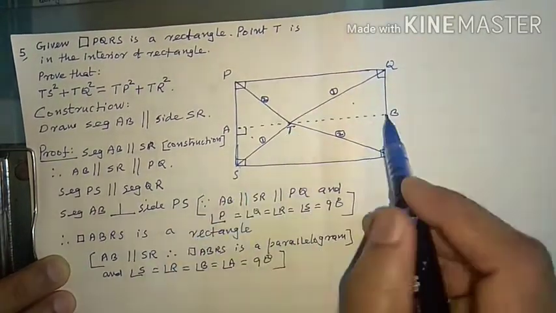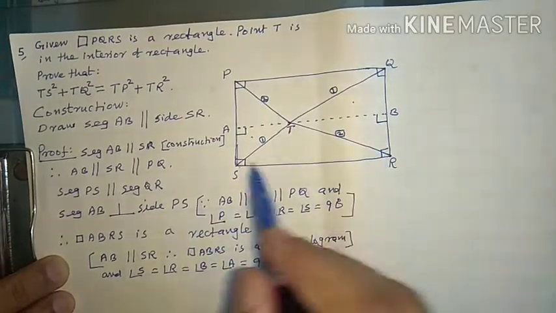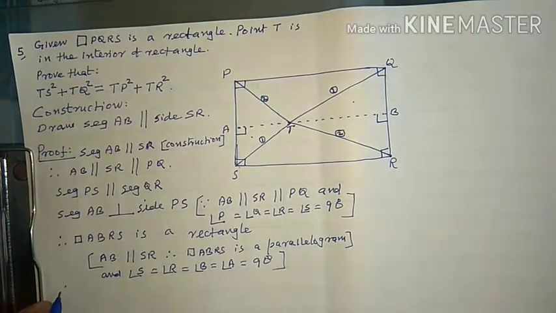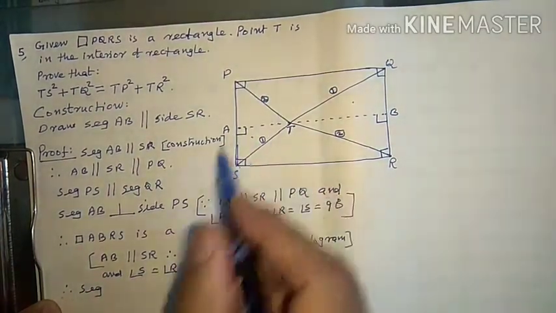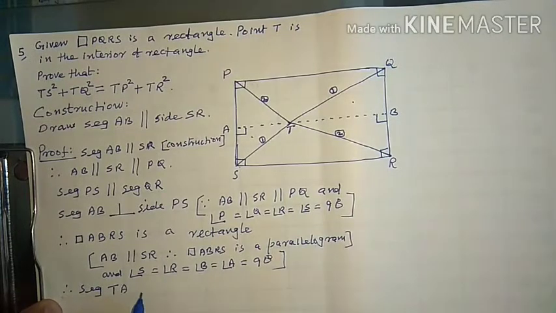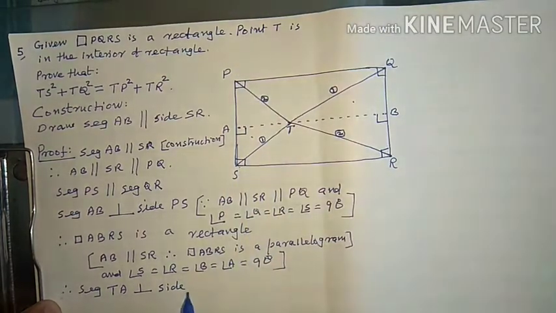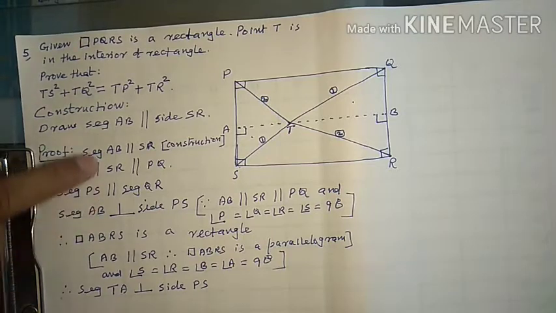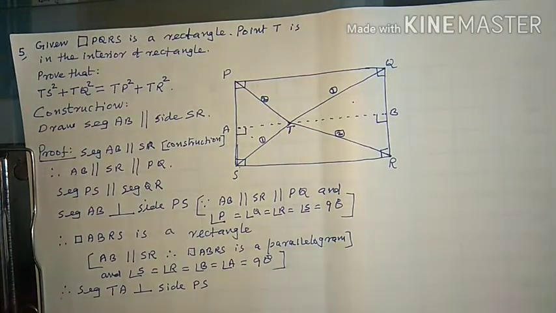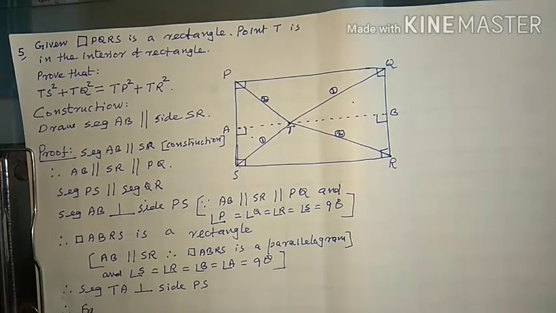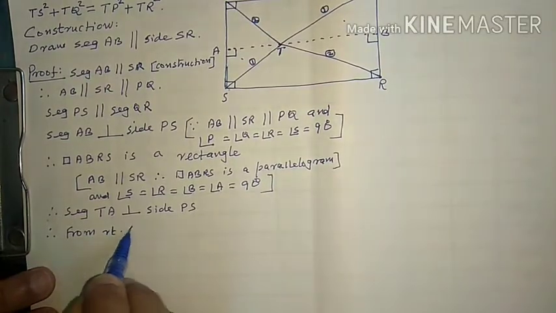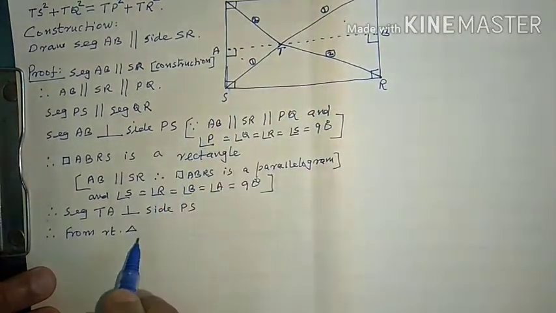Now we reach that angle A is 90 degrees. TA is perpendicular. Therefore, segment TA is perpendicular to side PS. Already we said we can use this idea also, but we are making it more clear. Therefore, from right triangle TAS,